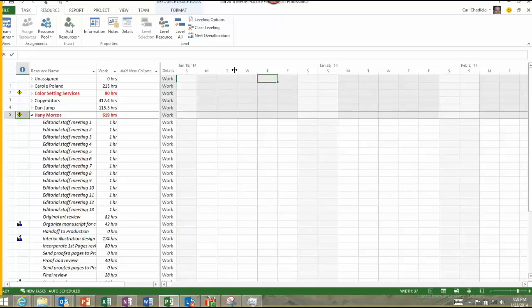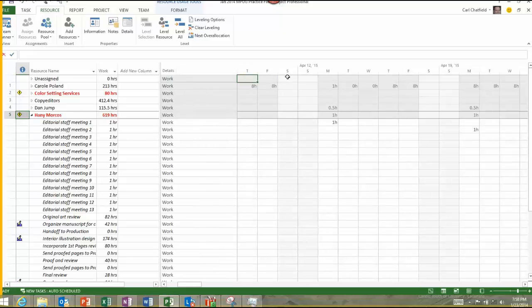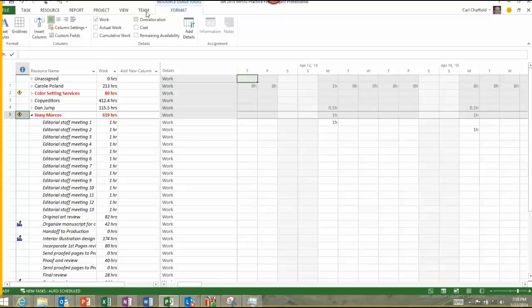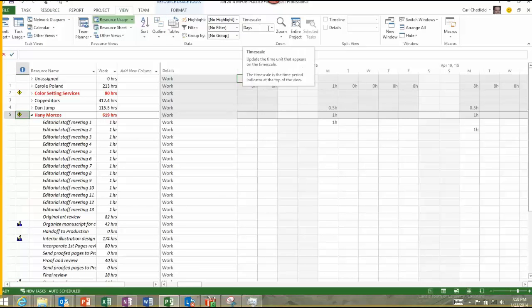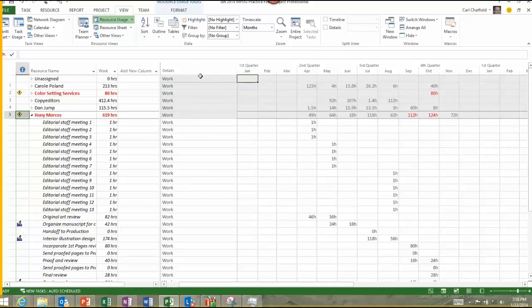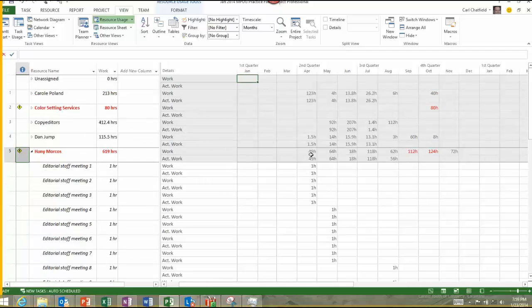Same kind of mechanism here. Let me scroll to see some data. So there's my time scale. I may want to adjust the time scale out, days, weeks, months, whatever I'm interested in. There's the details, and I can drop in some, actually, to me, some more interesting values here. As I said, the usage view is a really good area if you're entering assignment level actuals. This is a really good input screen to do that, because it's basically set up kind of like a timesheet. So I'm going to drop in actual work, for example, and if I were reporting probably, say, on a weekly level,